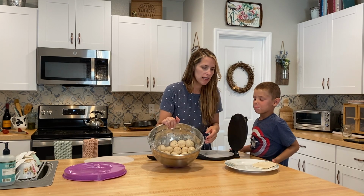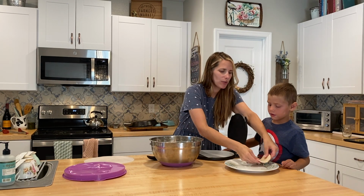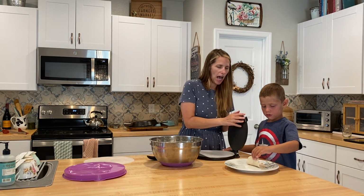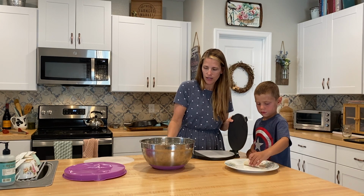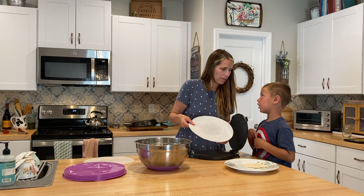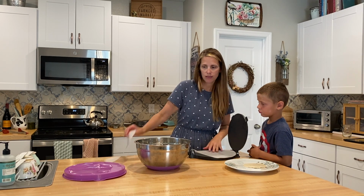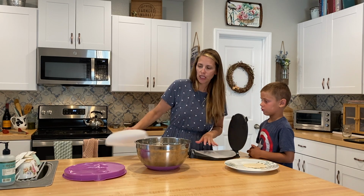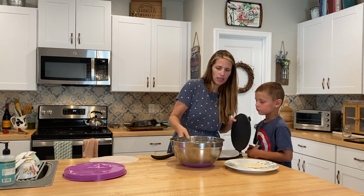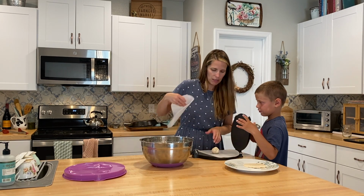We're gonna take our dough balls and make them into these cute little, they look like pancakes, but they're tortillas. Okay, so we are going to use our parchment paper. I just got this cast iron tortilla press and it's really, really fun to use. It comes with several sheets of circular parchment paper that we can use so that it doesn't stick to anything. And all we're gonna do is take a dough ball, put it right in the middle, put the parchment paper on top,